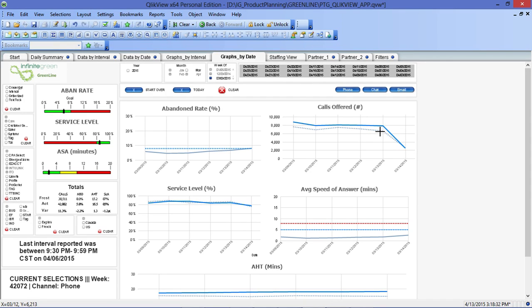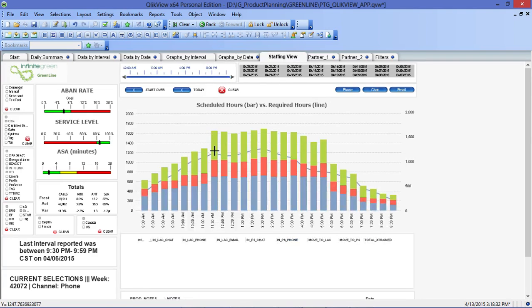So service level looked pretty good, abandonment rate looked pretty good, average speed of answer looked pretty good. So this actually worked. Now one can argue the fact that they paid a premium for those results because of